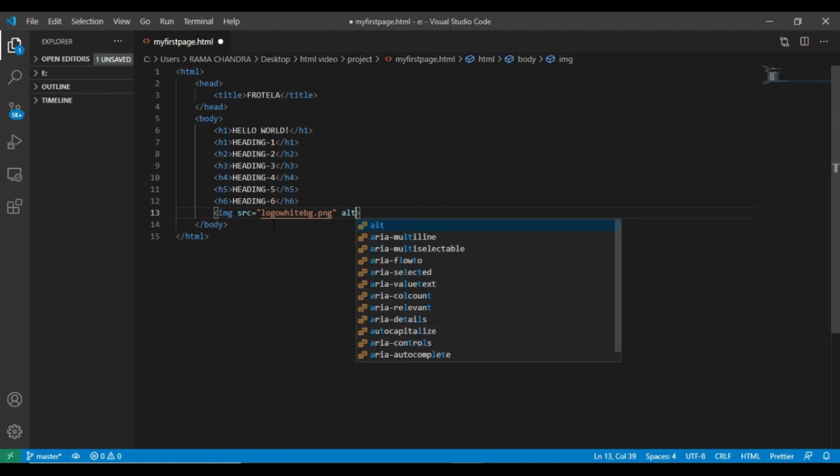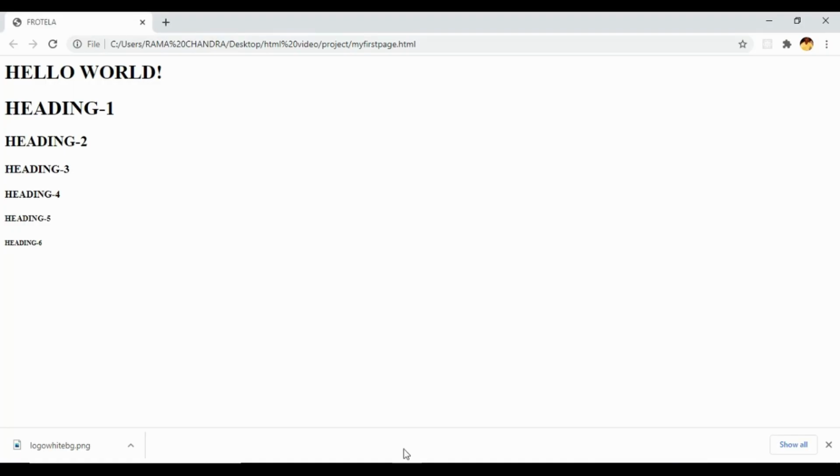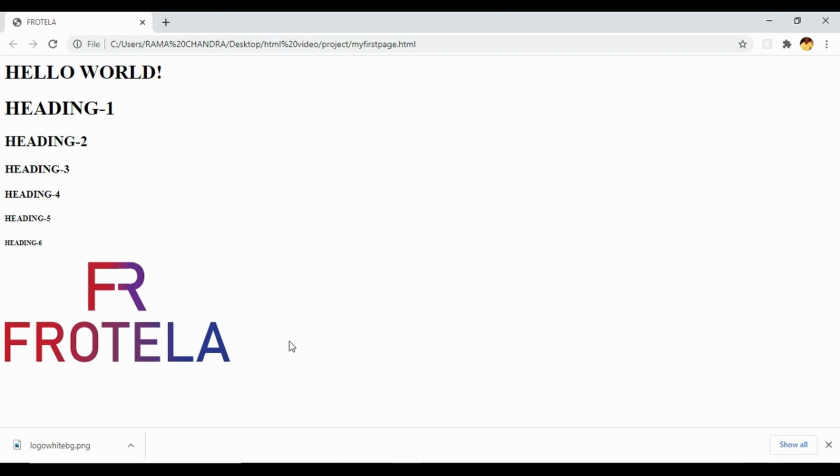Alternative text is given as alt, which is used to print the text if the image is not available or visible. Let's save it and view in the browser. Refresh the browser. Yeah, the logo is displayed here.